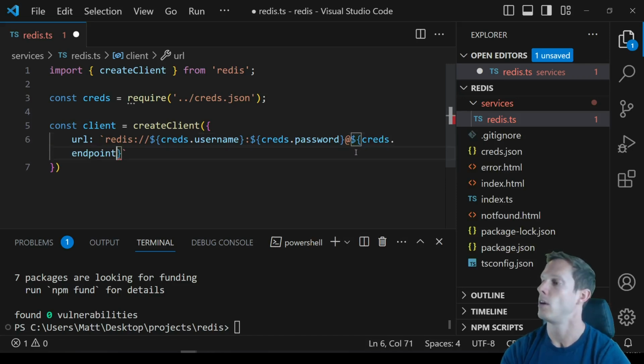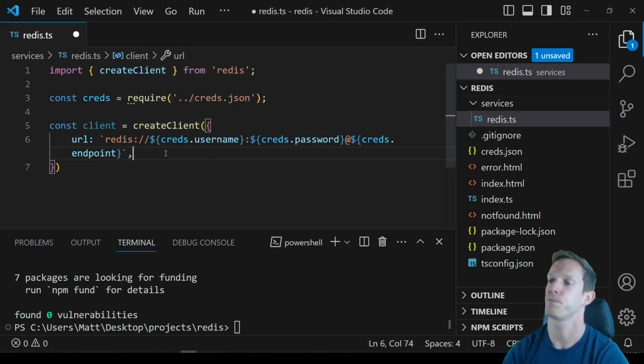So I have basically 3 entries in my credentials file. I'm not going to show them to you because I don't feel like deleting the actual database, and I don't want you guys connecting to my database, right? So again, this would be the URL protocol here. This would be the protocol, whack or ://